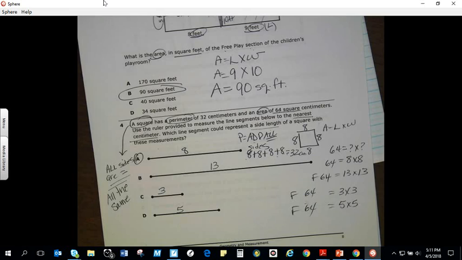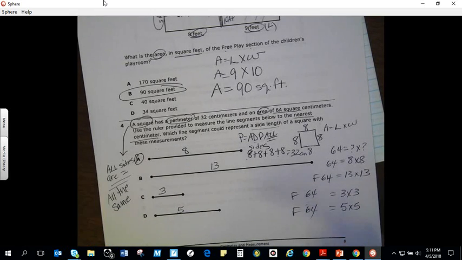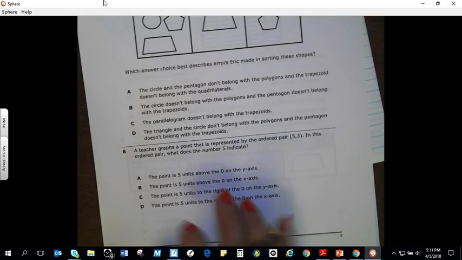Okay, so do y'all understand that part? Again, if you have any questions, stop and pause it, and then write down and go back and repeat. Okay, number 5. Number 5, I'm looking